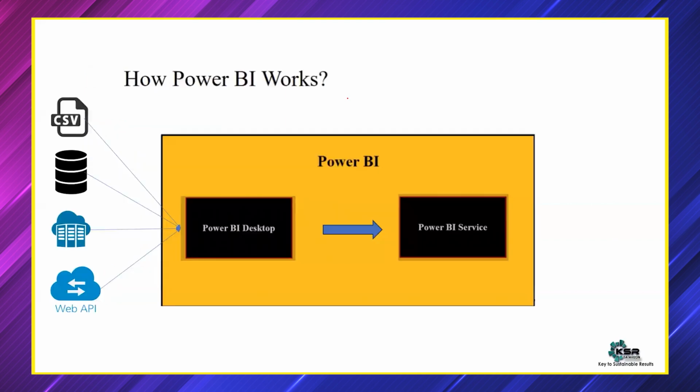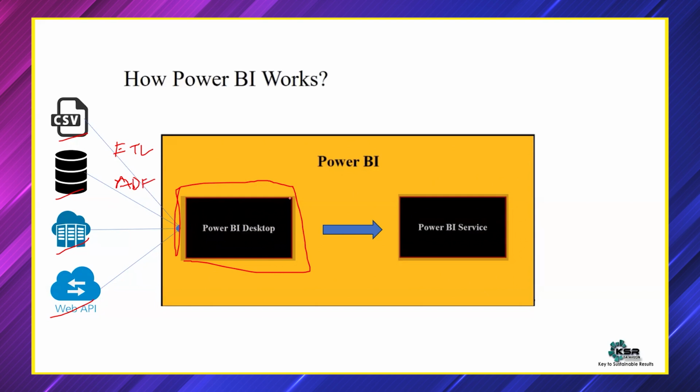How Power BI works? There are two different entities. One is Power BI Desktop. Now, Power BI Desktop is a combination of multiple other products. We are going to see that. You'll get data from multiple sources, maybe CSV data, maybe a database or a data warehouse data, maybe a cloud data. Maybe you can get the web API data also. Your website APIs also, you can pull it to the Power BI. Once that is done, whatever you have to do it here, either you can use an ETL tool here, an external ETL tool like ADF to filter out the data and then get that data here.